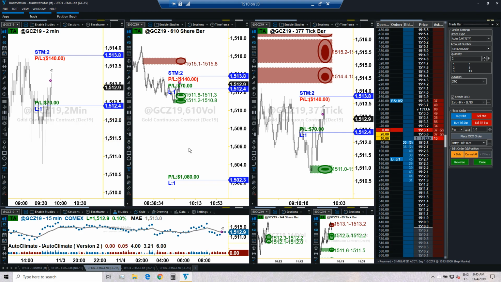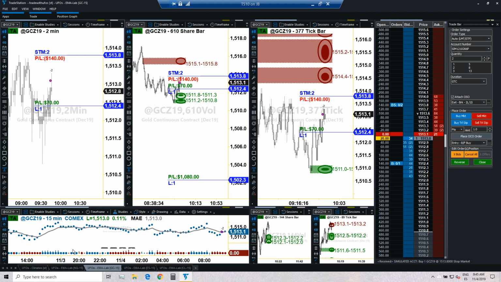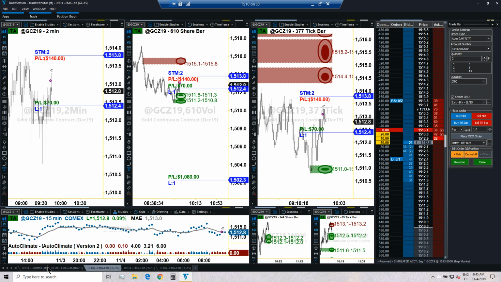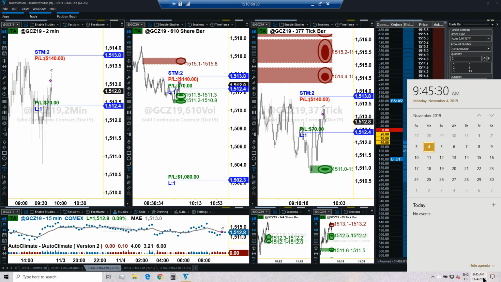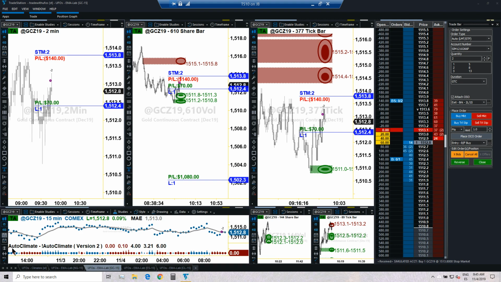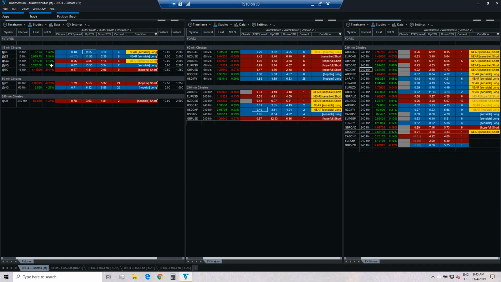We're in the trade. It was meeting our rules, and now we are doing anything possible to manage the risk and maximize the reward, which is use the safety target, use the time stop, and be ready to trail stop the moment we surpass the safety target. Okay. What else? We just got an update on the clock, so 9:45. So therefore, we have new information on the climate radar screen.